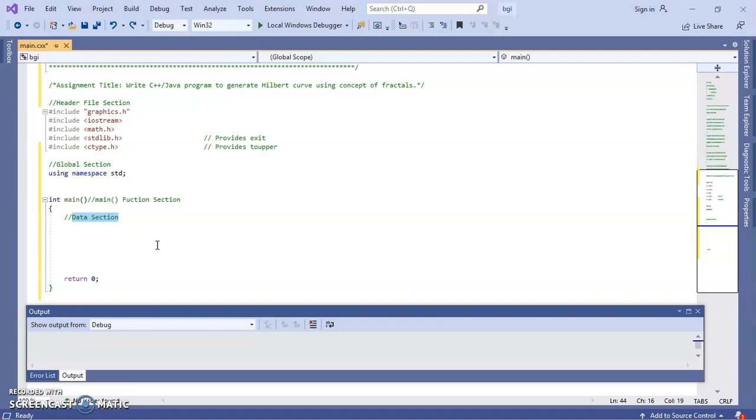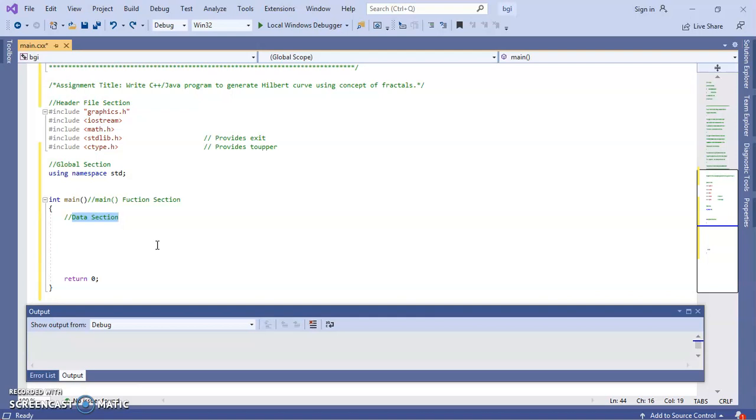Before we start the design of our code, first we have to decide what exactly we require in our code output. First, when our code is executed, it will ask the user what level of Hilbert curve is required. Because as we already discussed in the Hilbert curve video, the length of the Hilbert curve is infinite, so we have to make it limited. That is how much iteration or recursion you require to generate the Hilbert curve.